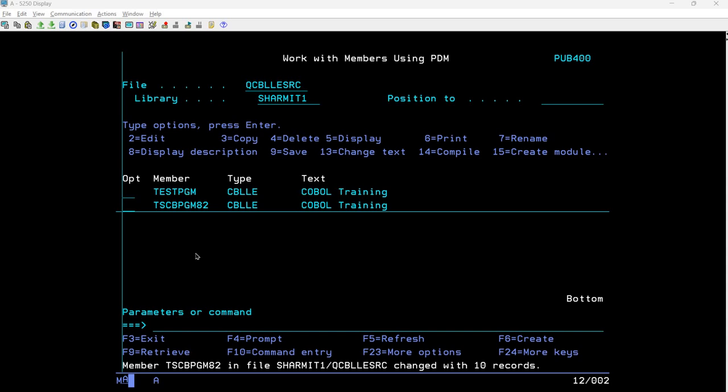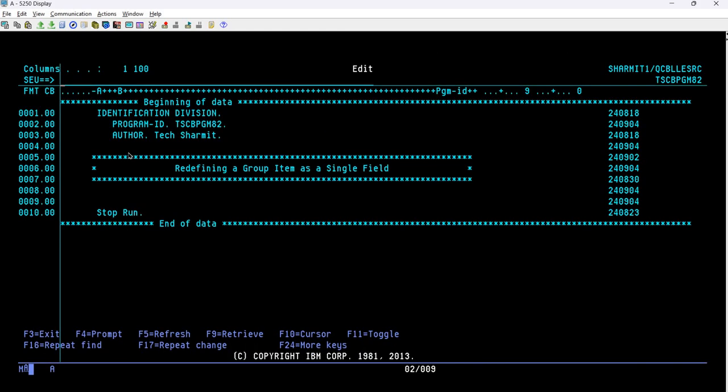If you are not sure what the redefine clause is, these basic things we have already discussed: what the redefine clause is and how we can create it. In this particular session we are just focusing on converting group items into a single field. So if you don't know the basics, please check the last session, because there we have already discussed the basic things. For now I'm just taking option 2 here on the OPT field for TSCB PGM82, and here you can see